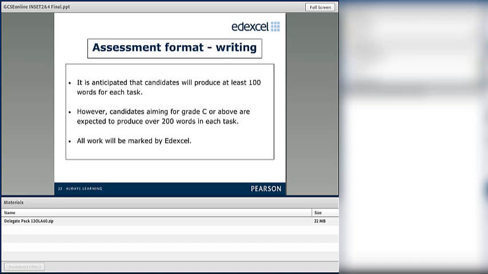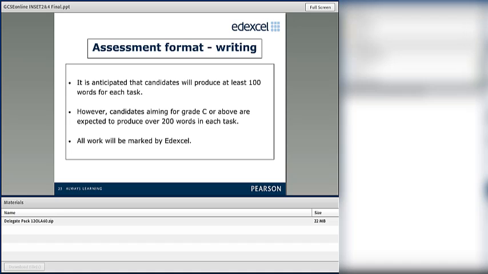They can achieve top marks even with between 200 and 300 words, which is totally fine. There may be very weak students who have difficulty even reaching 100 words, in which case they can produce 2 pieces of work of 50 words each, as long as they're produced as one unit in one assessment session.